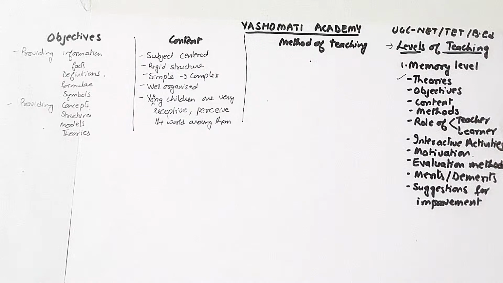They want to know about so many things, and the capacity to memorize is also more as compared to when the child's age advances. So when we are teaching by using the pedagogical method, the role of memory level of teaching is more. When we are teaching adult learners, then this level is limited to teaching of complex subject, and it only forms the basis for teaching of complex subject.